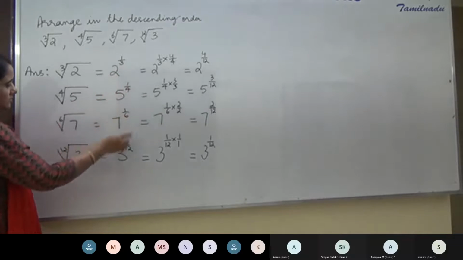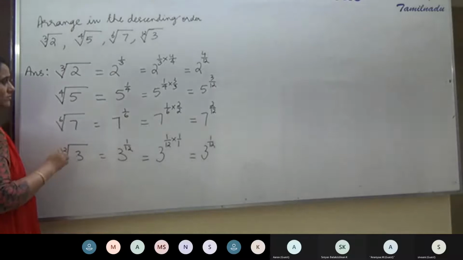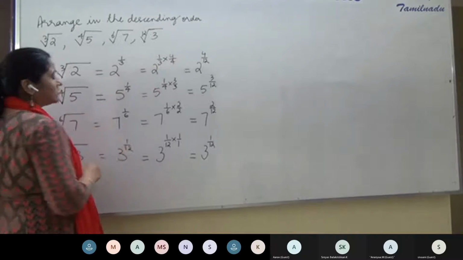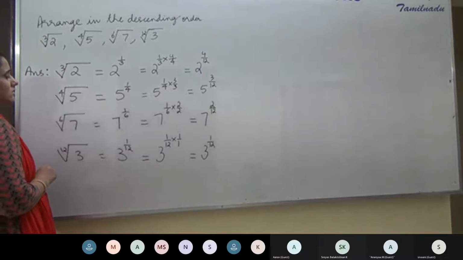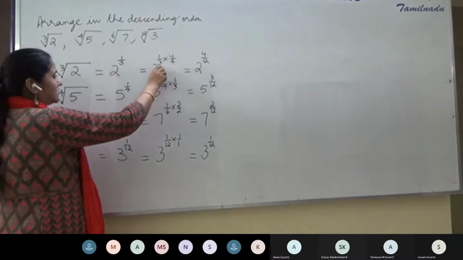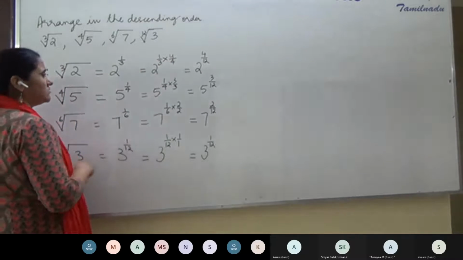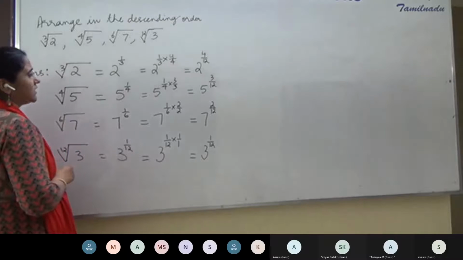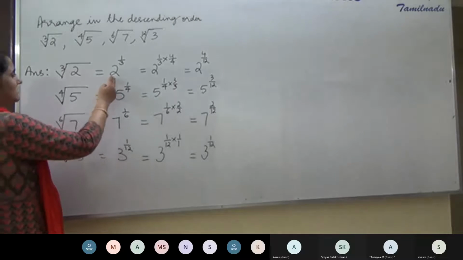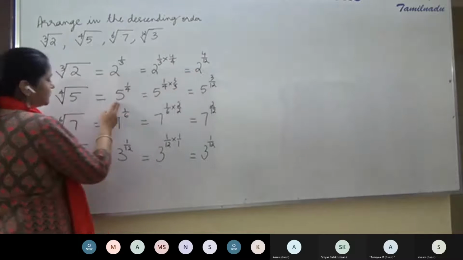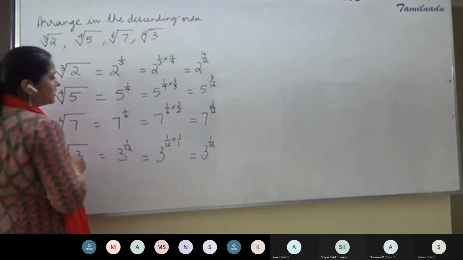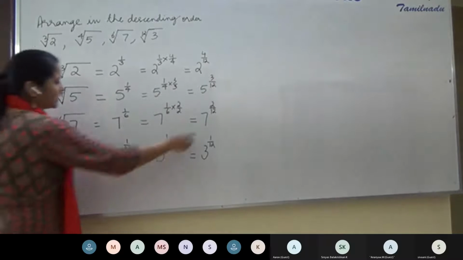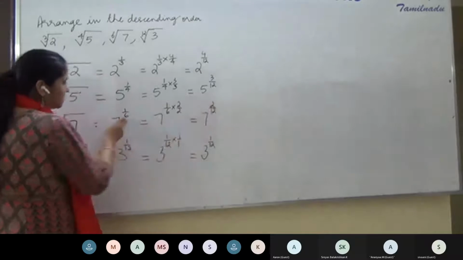Then the LCM of the denominators in the powers is 12. So now we bring the denominator in the power to the denominator 12. So do this accordingly. Find the equivalent fraction. So 2 to the power 1 by 3 is nothing but 2 to the power 4 by 12. 5 to the power 1 by 4 is nothing but 5 to the power 3 by 12. They are the same, because when you cancel 3 ones are 3, 3 fours are 12, you get back 1 by 4. When you reduce, 2 by 12 reduces to 1 by 6.